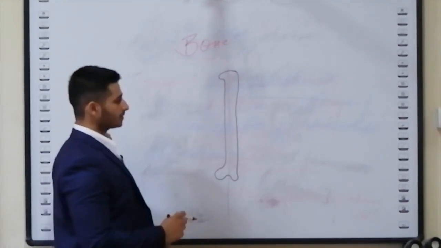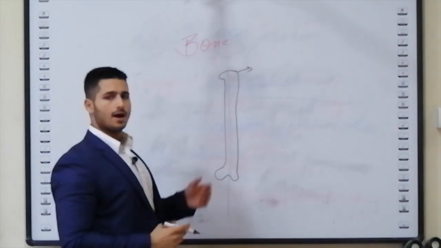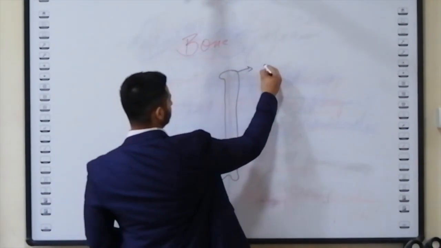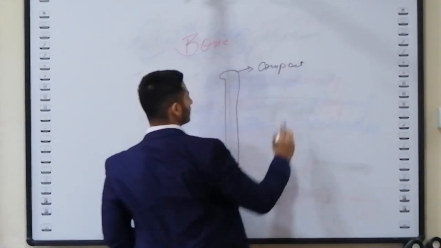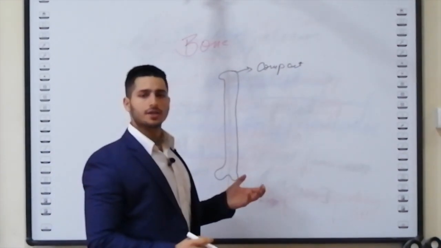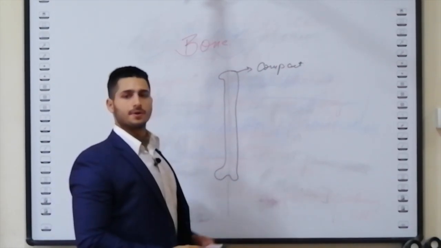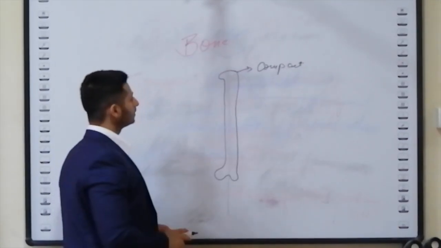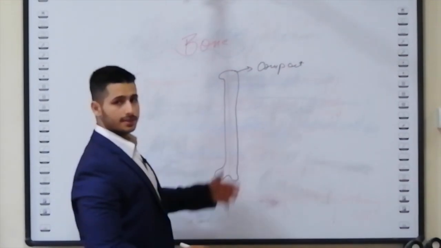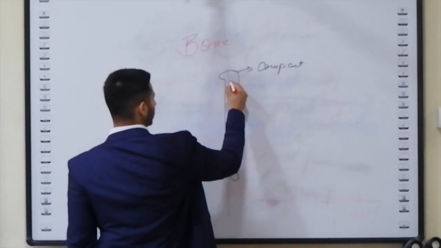This is a bone, and this is the outer shell. So this is the outer shell, that is a compact bone. This is just a short introduction to the bones. We'll not be going into much detail because that is a part of histology. So this is the compact bone, that is the outer shell, and then on the inside we have